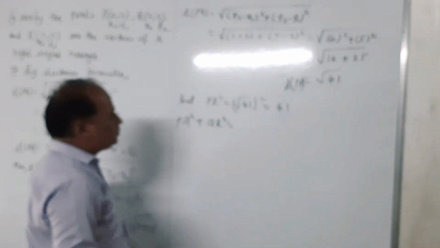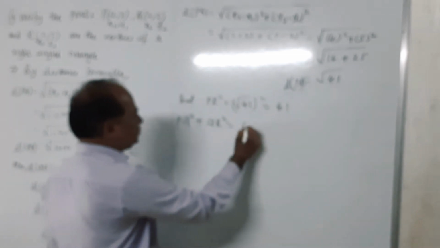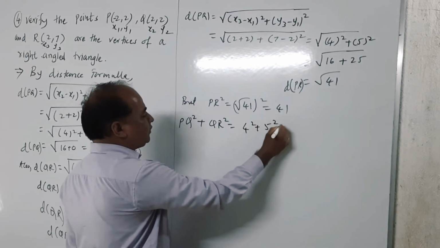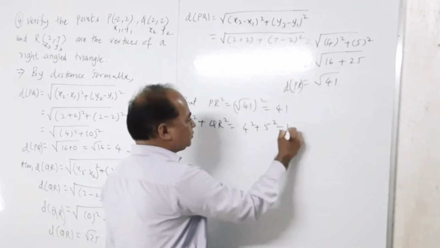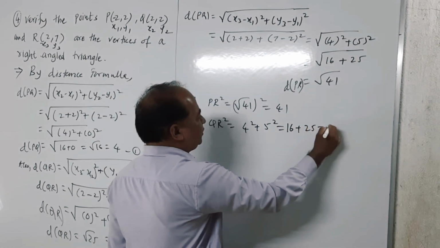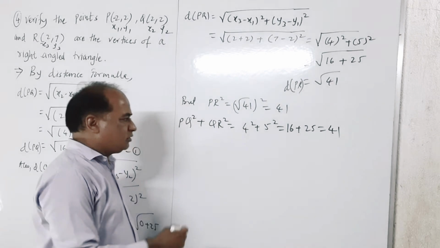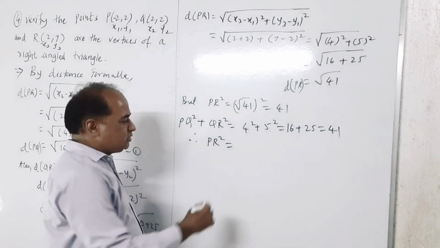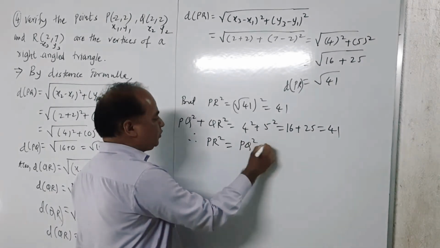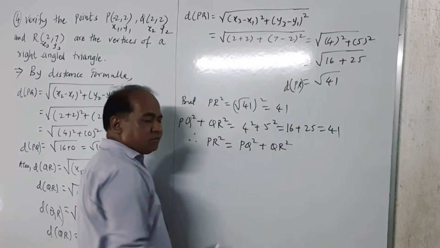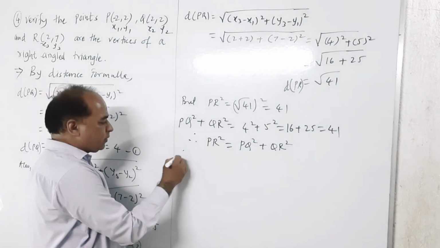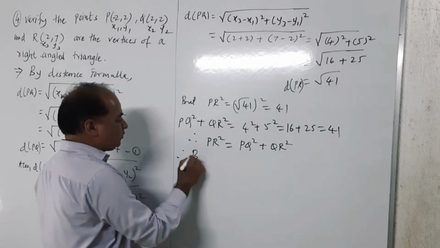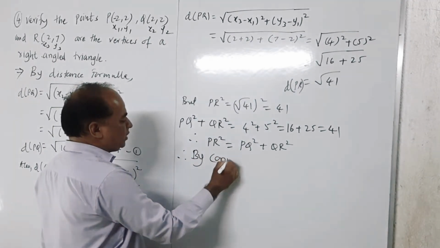PQ is equal to, from 1 and 2, PQ is equal to 4 square plus QR is 5 square, which is equal to 16 plus 25, which is also 41. Therefore, PR square, the square of the greater side, is equal to the sum of the squares of the remaining two sides. Therefore, by converse of Pythagoras theorem,